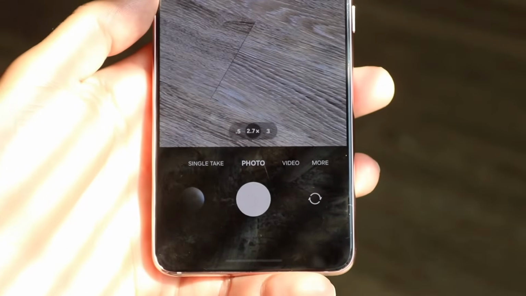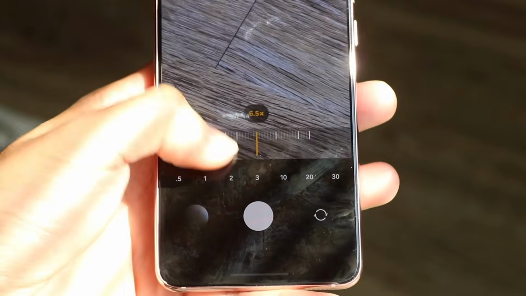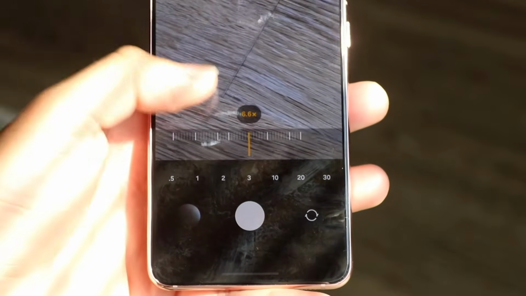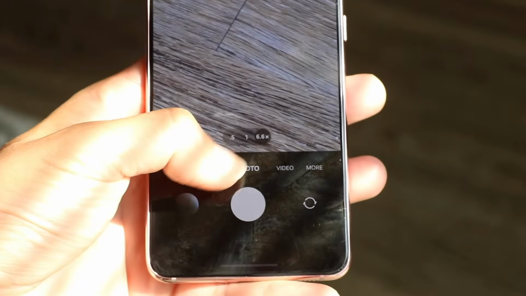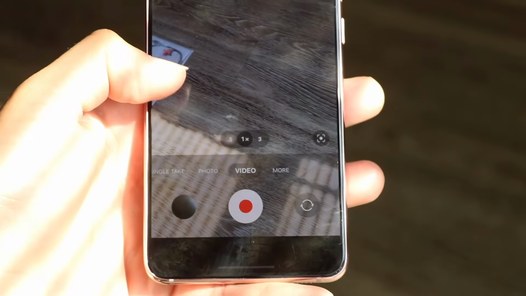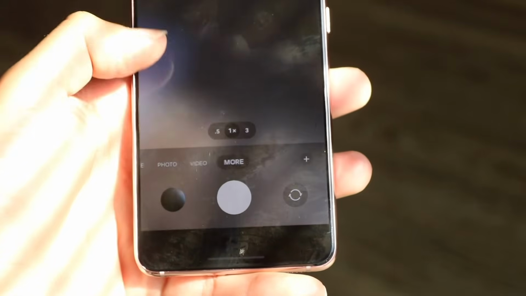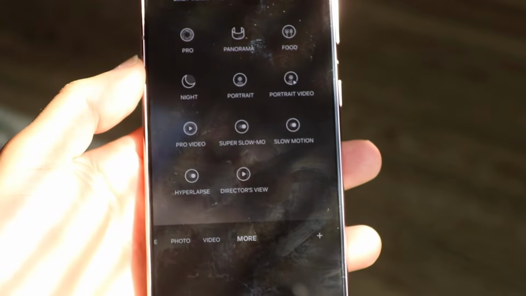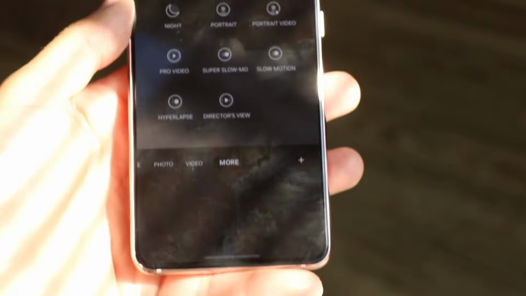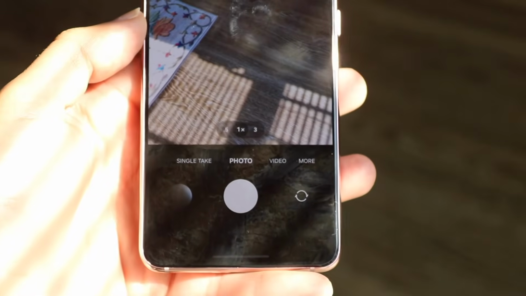At the bottom, you'll basically get a little zoom in and out. So you can use this to zoom in and out of your Samsung Galaxy camera. And you'll also have a few more things. You can change it from being a photo to a video by sliding through like this. You can slide it back into spatial, or you can slide it all the way to the end to get into more. And you can click onto all these other options here to change out your photo. If you go back, you can see that you'll have this little option here that shows this little